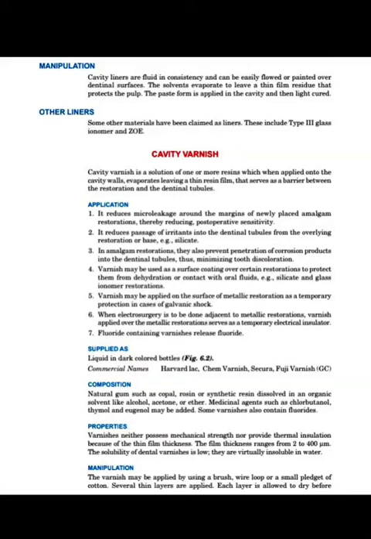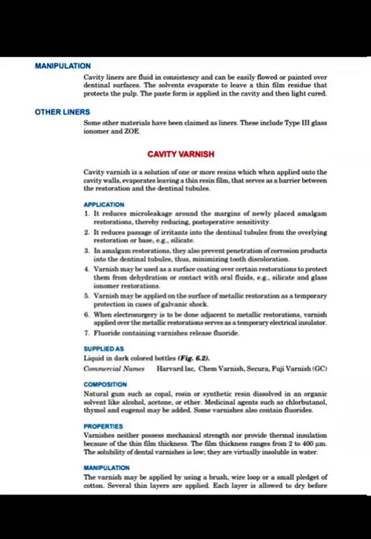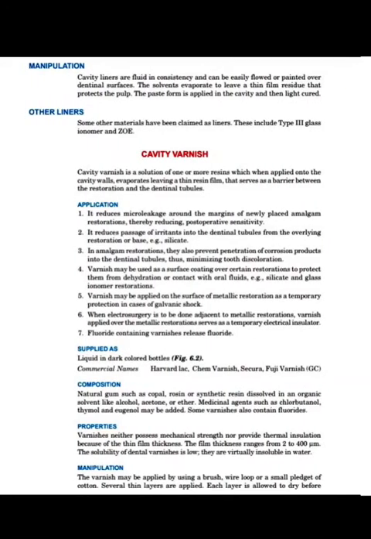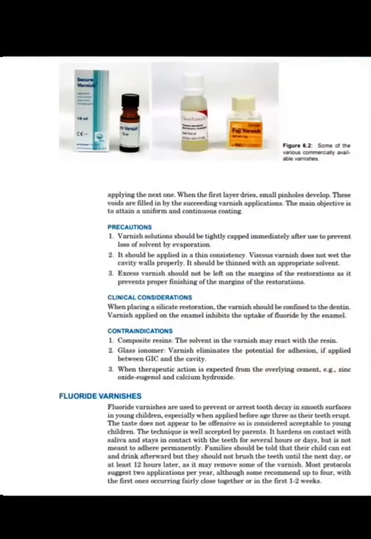What are the varnishes? These are natural gum or synthetic resin dissolved in organic solvent like alcohol, acetone, ether, etc. We can use them for various purposes. Under amalgam restoration we can use cavity varnish, and we can apply a layer of the varnish on the surface of the GIC restoration and other restorations. They are supplied in various forms. Commercial names are also various. So this is about the varnishes.